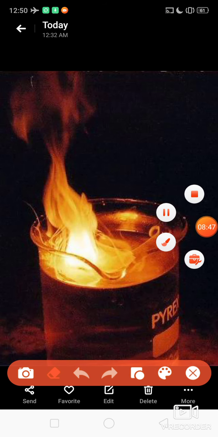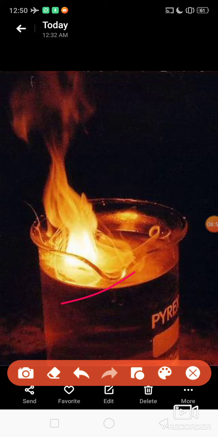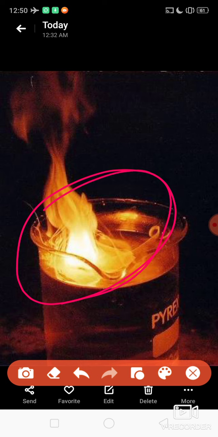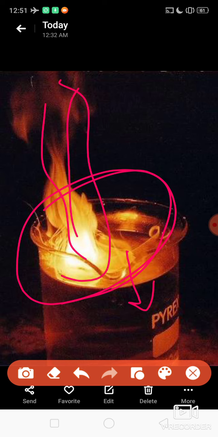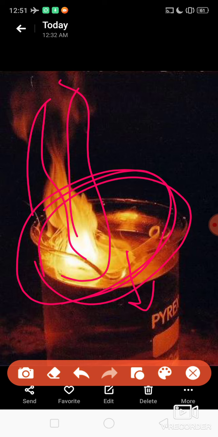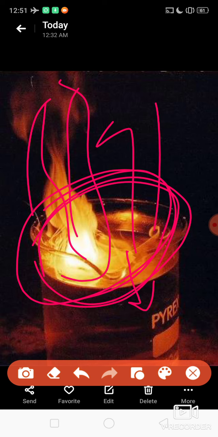Now you can see when sodium is kept in water, what's happening? You can see sodium is reacting with water, and too much heat is released. Can you see? It is reacting vigorously, it is highly reactive, and so much heat is released. So we cannot keep it in water, and in open air also we cannot keep it, because it reacts with oxygen also. In the air oxygen is there.